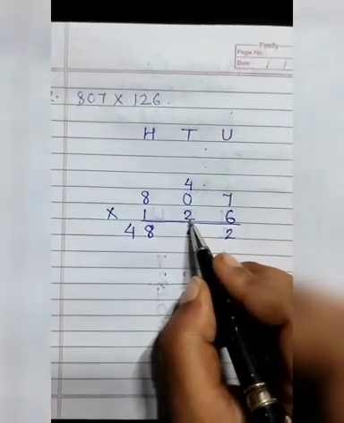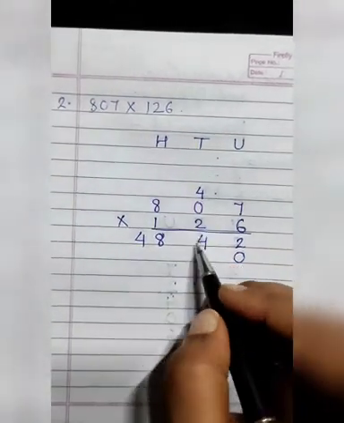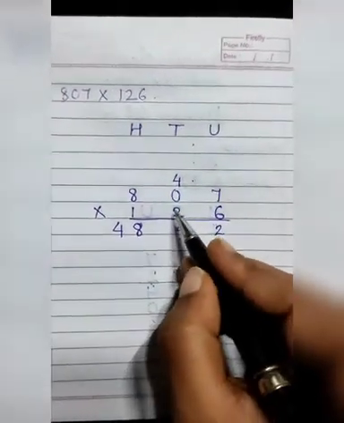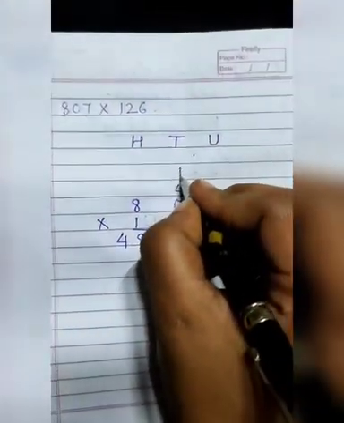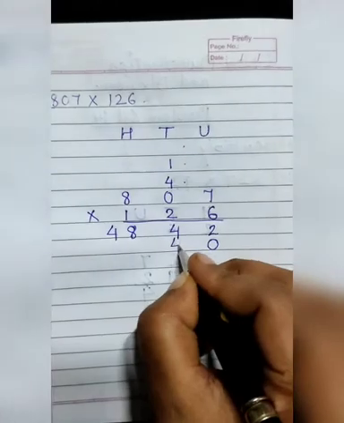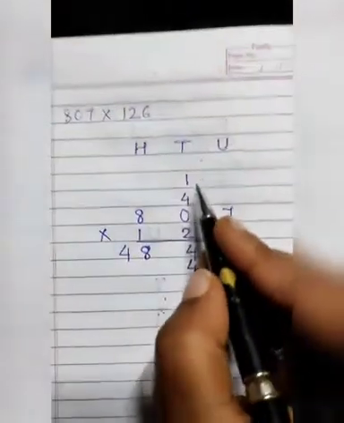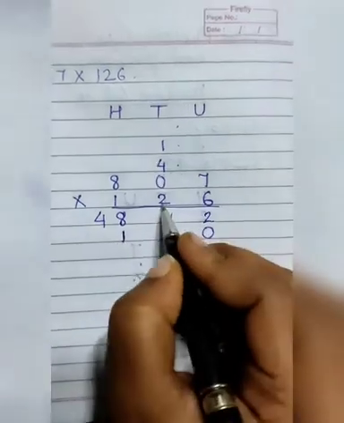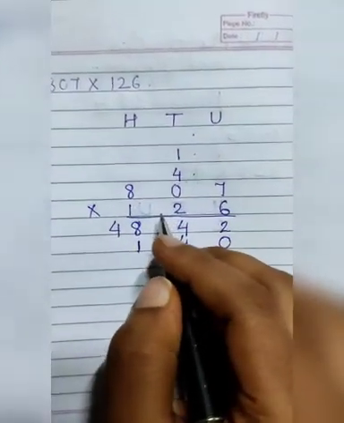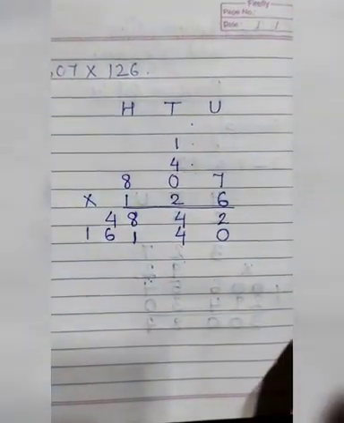Now we are taking the tens number. So we will give here 0 and then we will start with our multiplication. 2 sevens are how much? It is 14. So 1 I'll write up and 4 I will write down. Now again 2 multiplied by 0 will be 0. But here carry is there. So we will write down here 1. Now 2 eights are how much? It is 16. So 1 and 6.